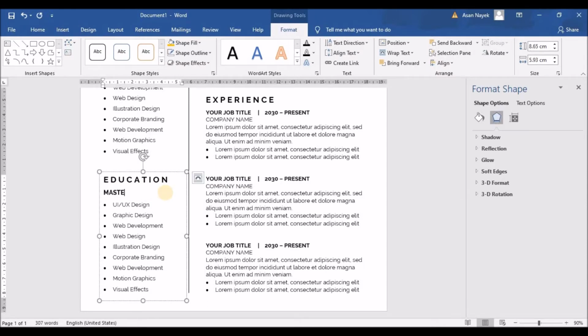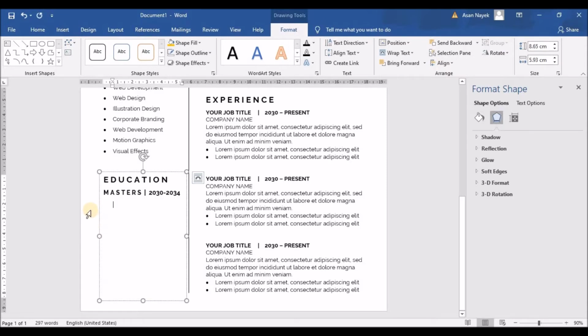Before that, let's add the education details, the degree and the year of passing details. Let's add spacing between the letters like we did earlier. Next we'll have to have the university details,